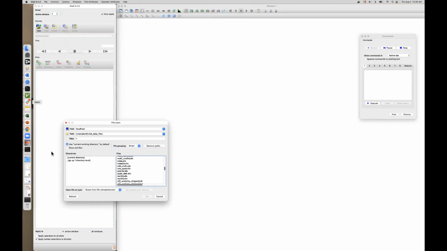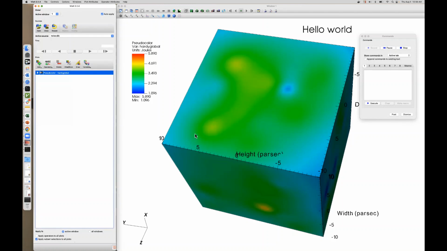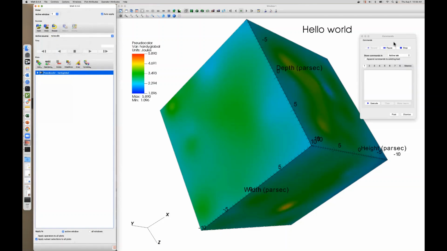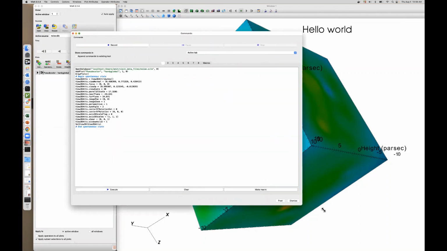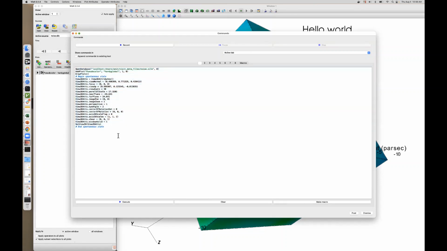I'm going to move this around here. I'm going to go back and do whatever we did from the top. So I'm going to open the file called noise.silo. Going to add a pseudocolor plot for the variable Hardy Global. I'm going to rotate it once, okay? And then I'm going to go to controls, command. I'm going to stop, okay? And when I do that, what VisIt has done for me is it has given me the Python script for whatever operations I just did manually. So I don't have to know the API. I can just introspect VisIt through the user interface, and it will create the right commands for me